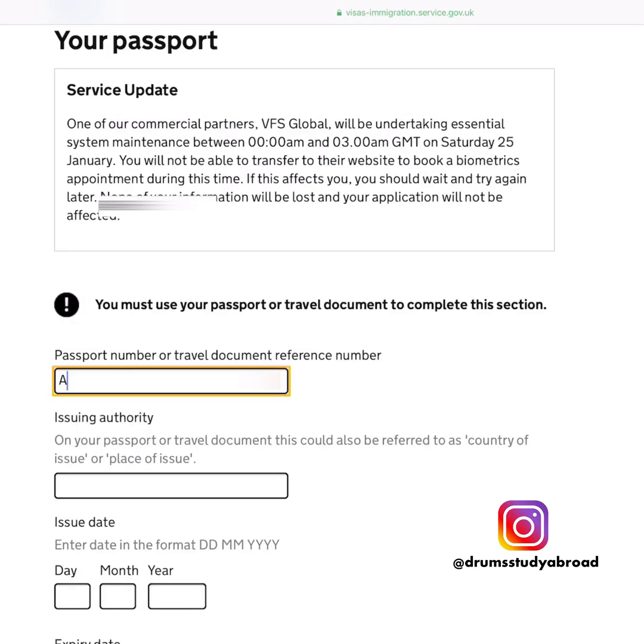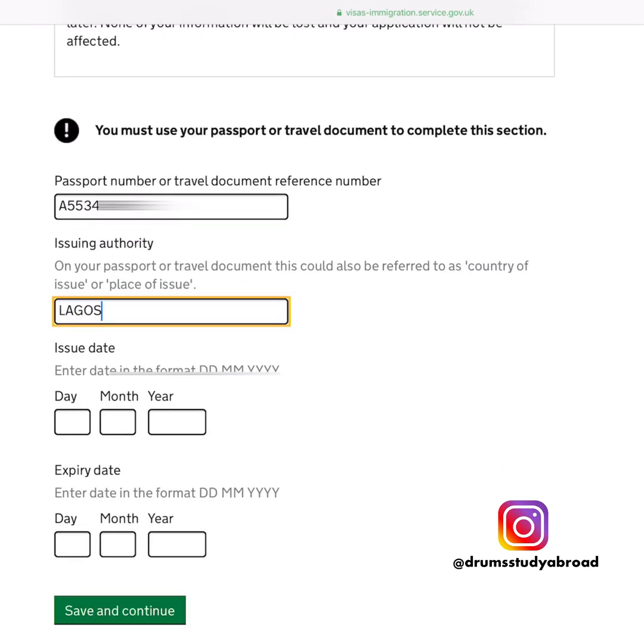On this screen, we're going to enter our passport details. You need to enter your passport number with any letters, if you've got letters, or if it's just numbers. And you also need to enter the issuing authority, which will be stated on your passport, and also the issue date, day, month and year. The date of your passport will also be indicated on the passport. So enter your issue date and your expiry date, and be sure not to mix up the